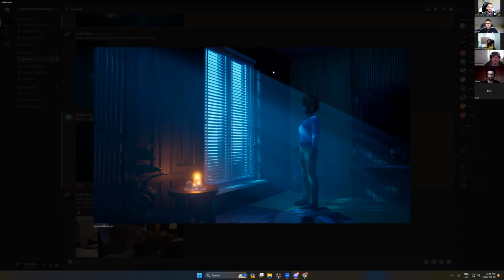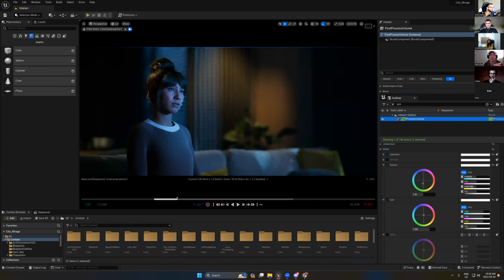So never keep any area fully dark. At least add some light, even if it's very low light, but at least it's not going to be black. It's the same thing we did with the characters. When we have a character, never keep the dark side fully dark. Just add a little bit of light, very low light, as a fill light on the dark side. So in your shot now, what we're looking at,